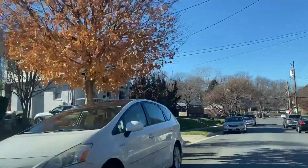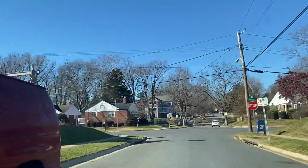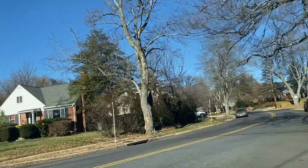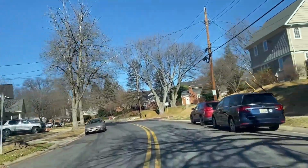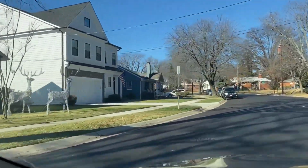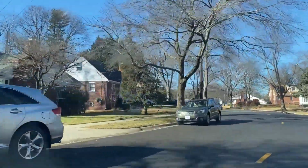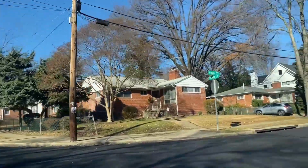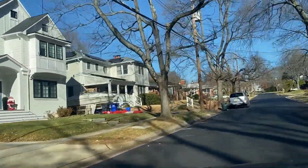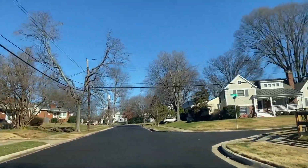So with everything amazing going on with Pike and Rose, and then everything in the other direction with downtown Bethesda, this new White Flint area is just gonna continue to make this area awesome. Now, I do think there's probably people who live in Garrett Park who kind of liked how Garrett Park was kind of on its own. So they probably don't love everything that's going on around the corner at White Flint, but in the end, it will just kind of raise more awareness for how awesome Garrett Park is, continue to make it more and more